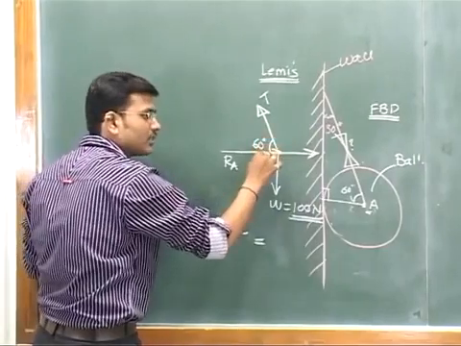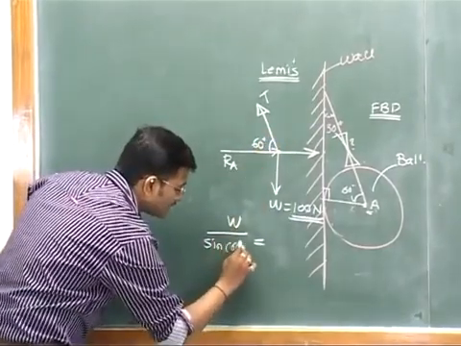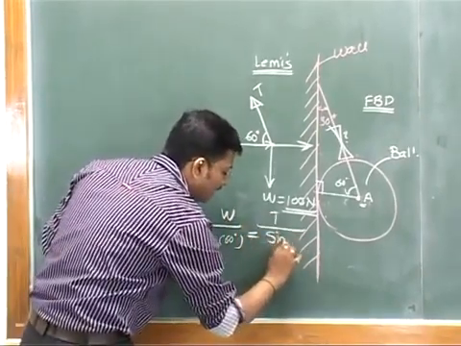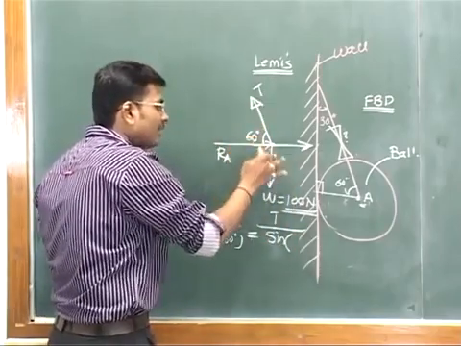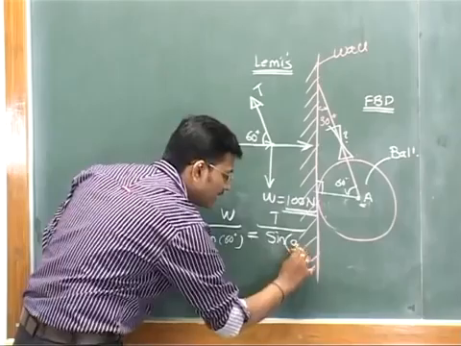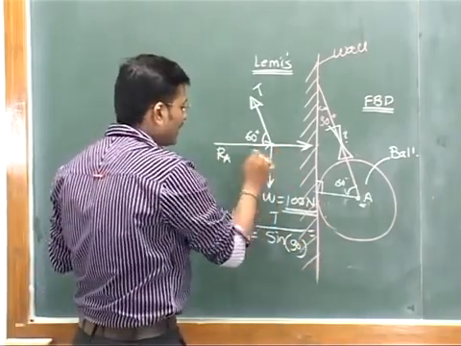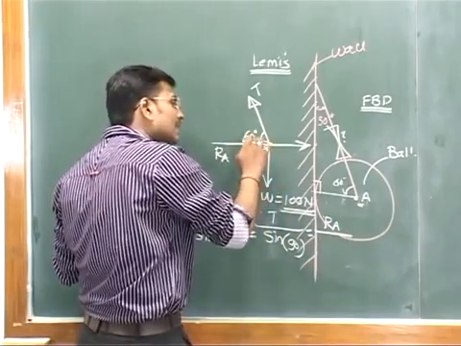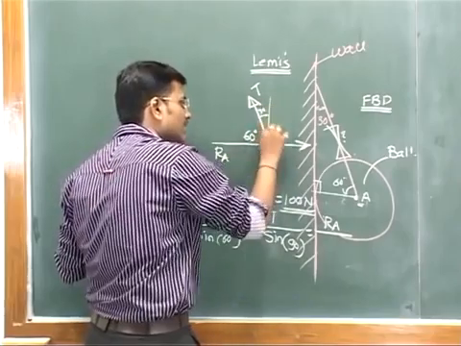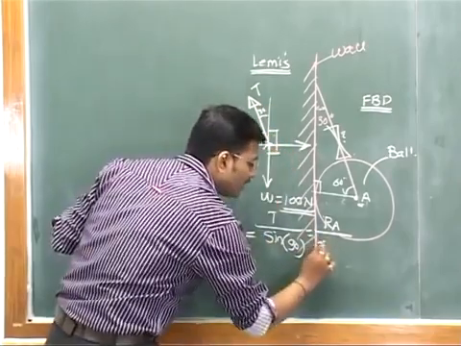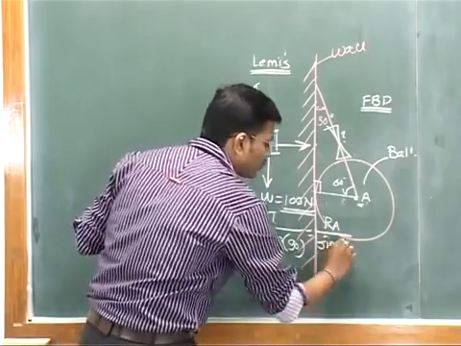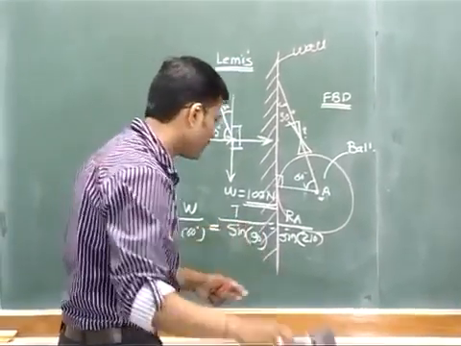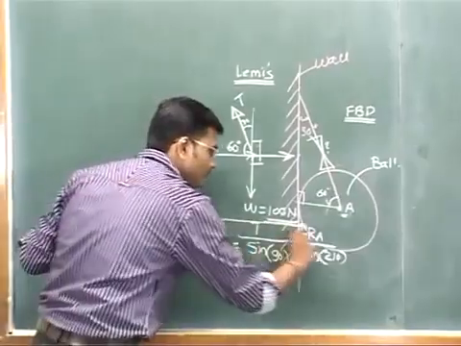So the angle between these two forces is 60 degrees. So sine of 60 degrees is equal to T divided by sine of, if you are taking this force, the angle between these two forces is important, so it is 90, equal to, if you are taking the third force which is RA, the angle between these two forces is important. Since this is 60, this will be 30 and this will be 90. So 120 plus 90 is 210, I think. Yes, 210. So this is your sine rule.